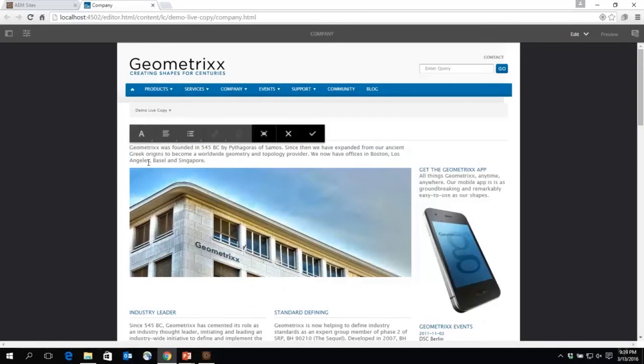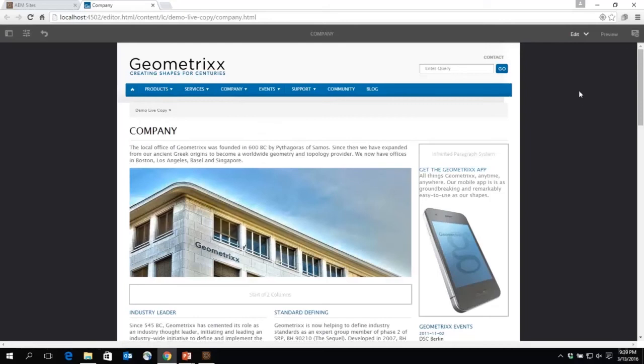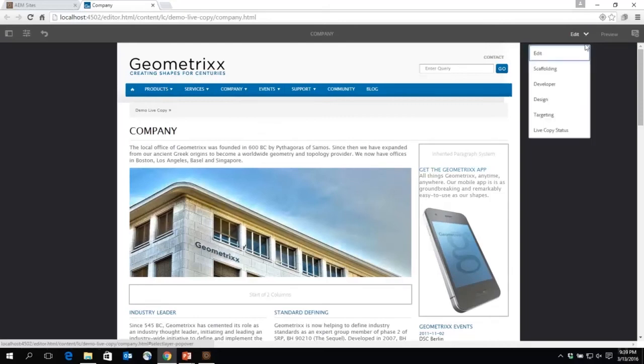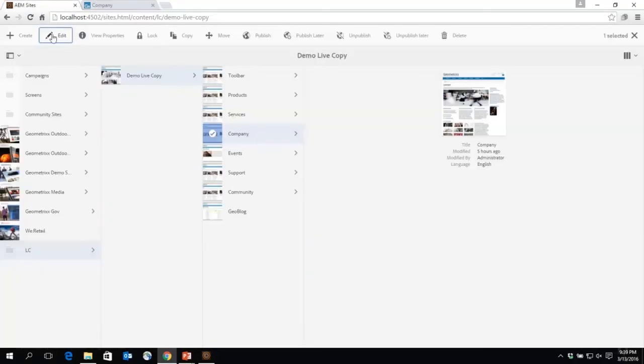So I'll change this to read something like the local office of geometrics was founded in 600 BC. And then I'll select the check mark to save my changes. And now if I go and take a look at the live copy status, I can see that this component is no longer linked to the source, which means that if I go back up into AEM Sites, go to